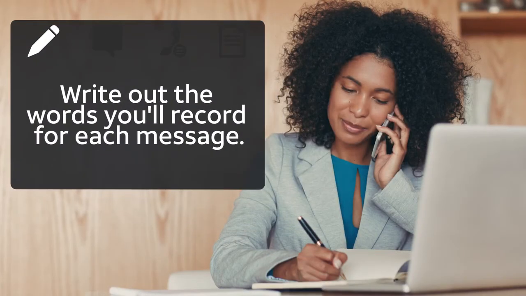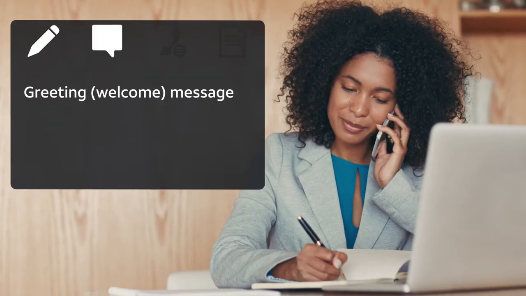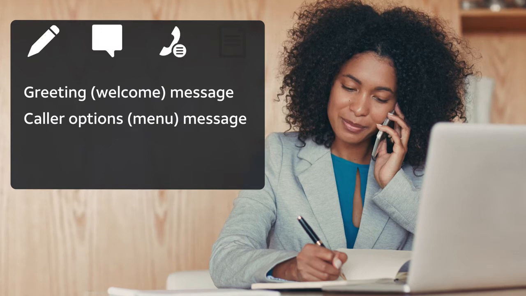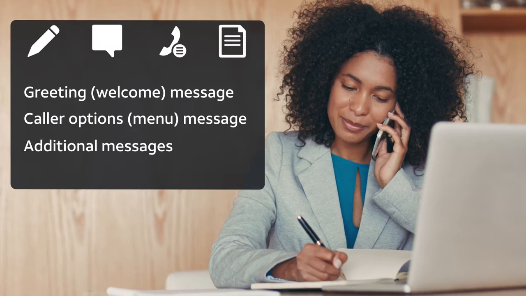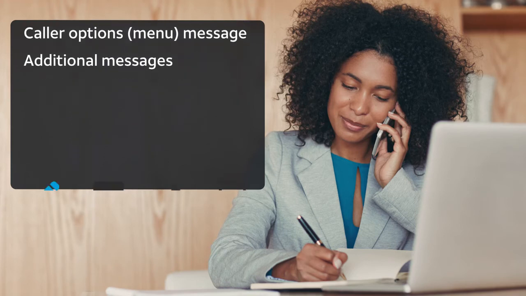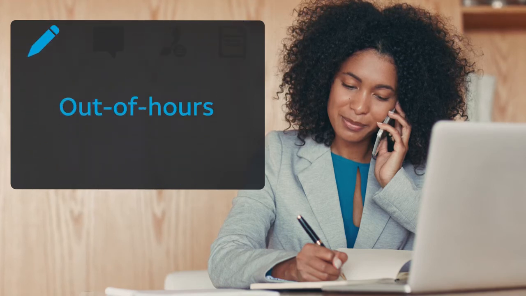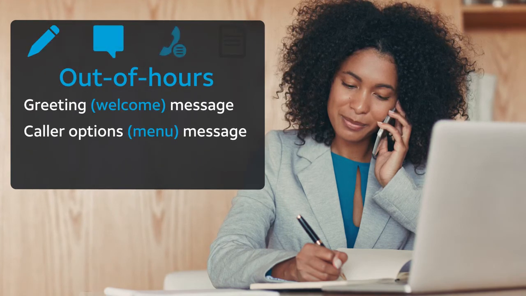Now that you've seen how Business Attendant works, here are some planning steps to follow before you start your setup. Write out the words you'll record for each message. Remember to write out your greeting, your caller options menu message, and other messages such as your business hours message. For calls that reach you outside your normal business hours, you can record a separate greeting, caller options menu message,